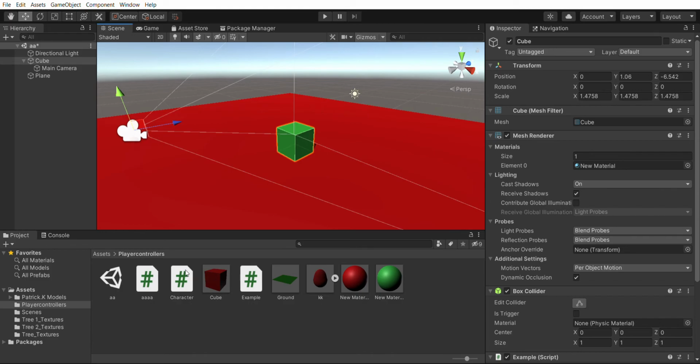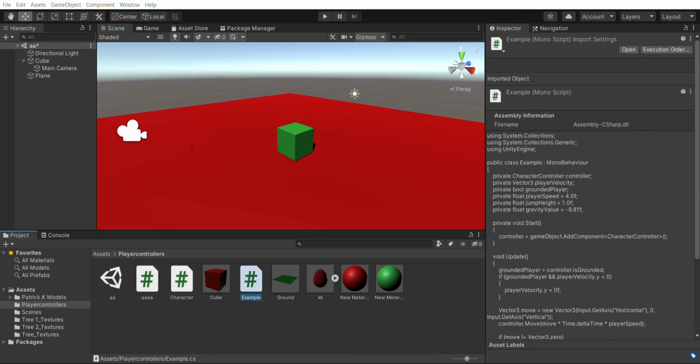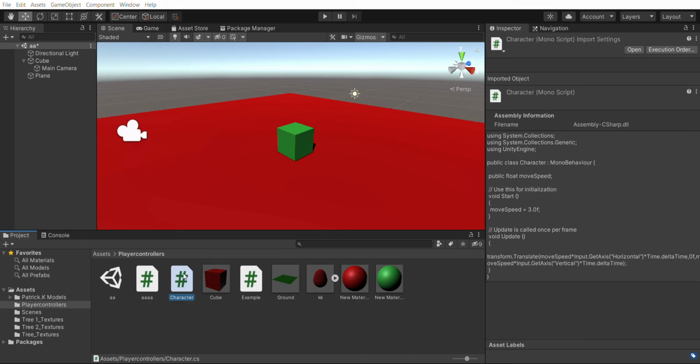I have to change some things over here. Player speed, let's make it 0. It takes some time because my laptop is not at all good. i3 7th gen and 8 GB RAM, whatever. Then we will go to character script. Here the move speed, let's make it 5. Done. Again it takes some time, no problem at all.